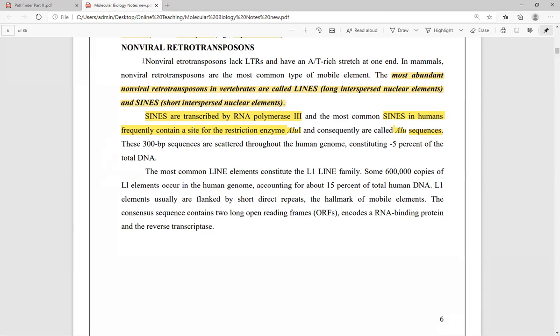Just a short recap of what we have learned in our previous lecture. अभी हम थोड़ा सा रिकैप देखेंगे. नॉन वायरल रेट्रोट्रांसपोजोन्स, what are these non-viral retrotransposons, क्या होते हैं ये नॉन वायरल रेट्रोट्रांसपोजोन्स. Non-viral retrotransposons lack long terminal repeat sequences, and the two non-viral retrotransposons are the LINE and the SINE